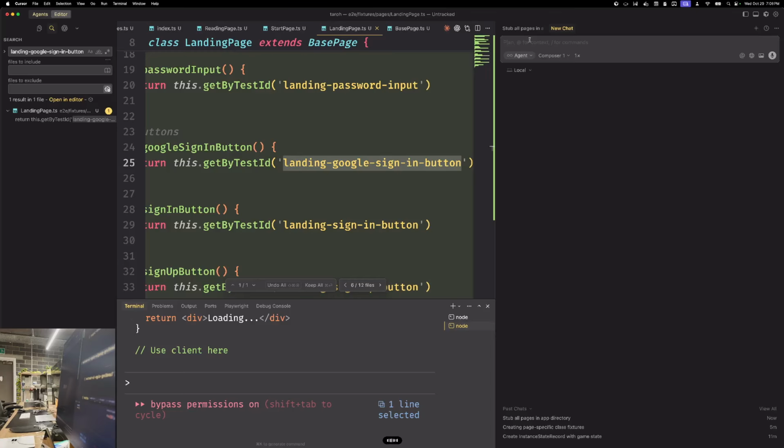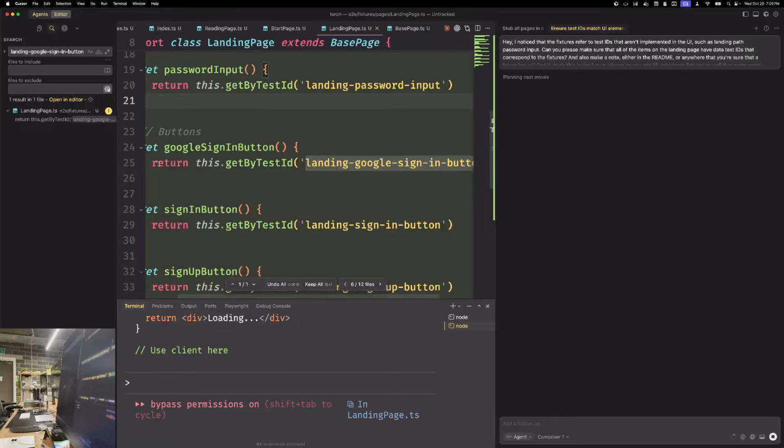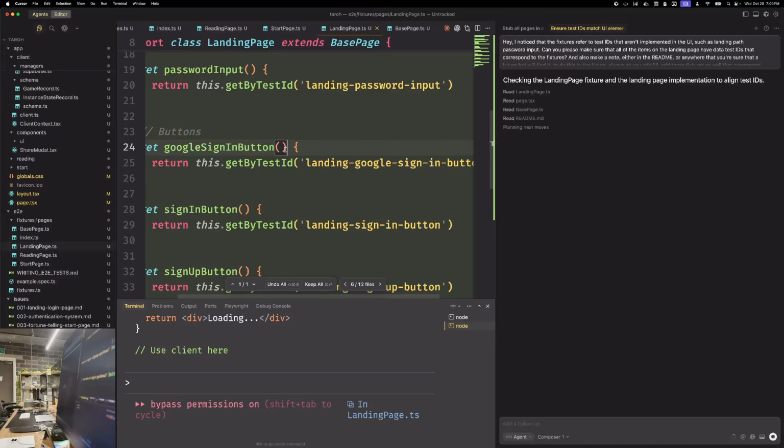Always, as you add UI, add those fixtures as well that correspond to the UI, especially if it's interactive. Really only if it's interactive, but sometimes there's others. Because we do want to be able to run end-to-end tests against this, or specifically we want the AI to be able to run end-to-end tests against this, because